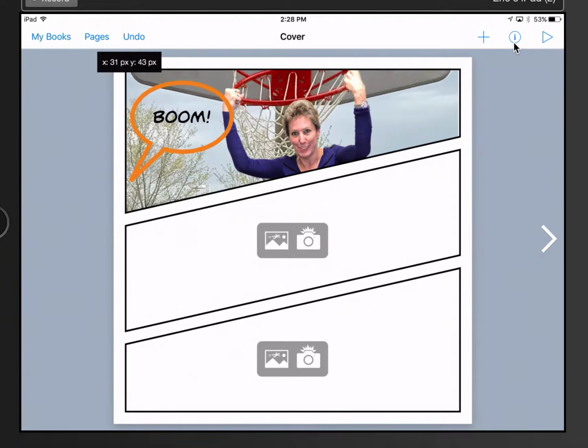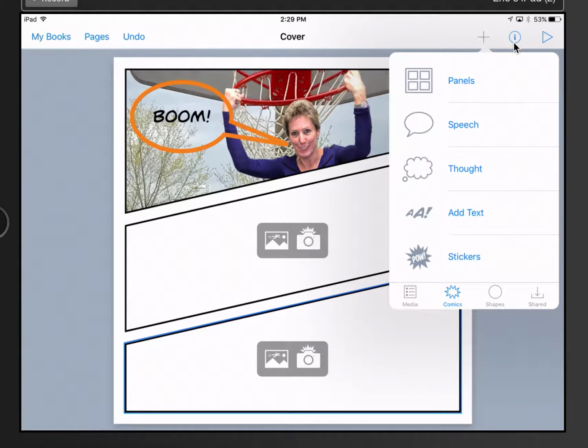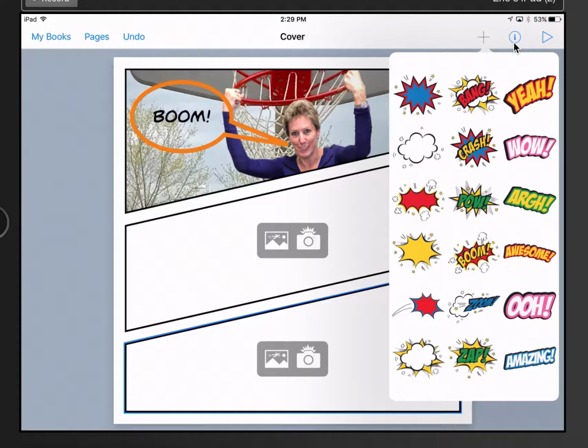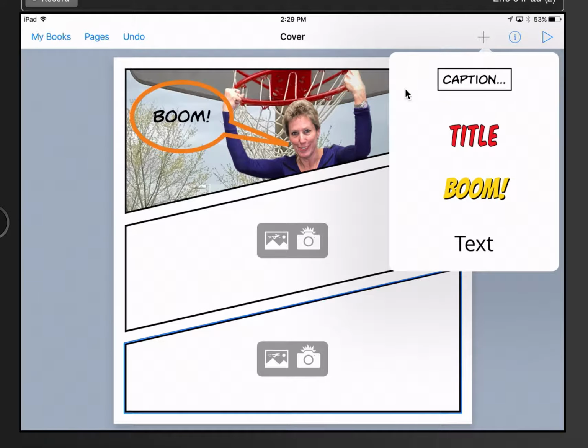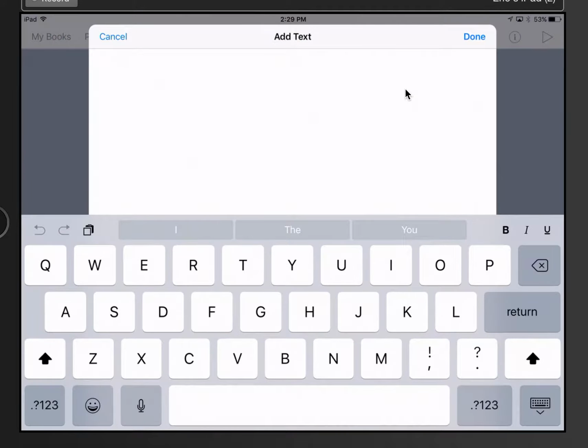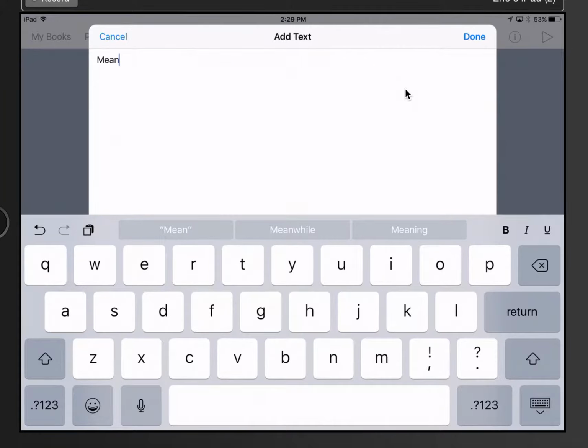So I can drag it up here, and if you grab the green, it will allow you to move where that speech bubble is coming from, and there we go. Pretty cool. All right. Now, the other thing you can add is stickers. They have a bunch of pre-done stickers. You can add your own words into some of these. I can also add text. It gives you some cool titles and captions. So like, meanwhile, on the court,